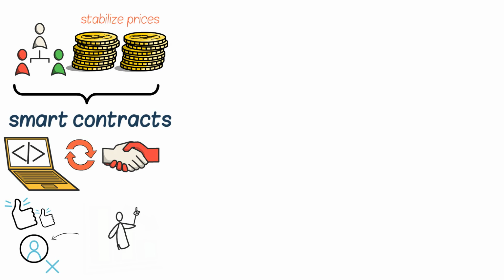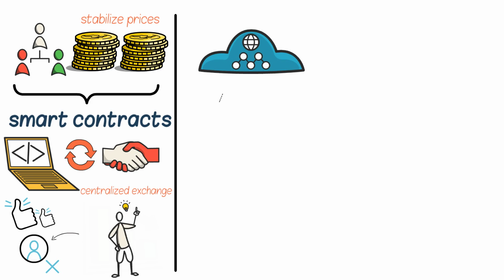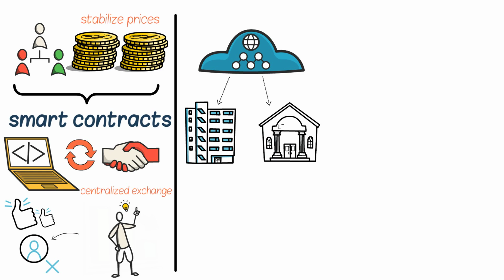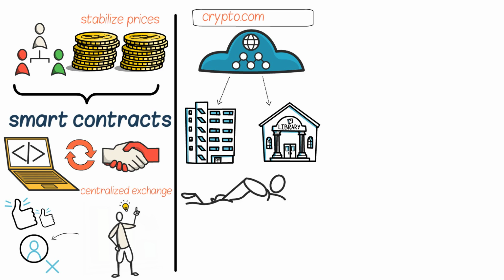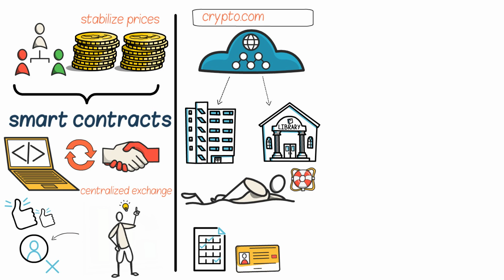You would also want to know about the different types of liquidity pools before you get started. There are a few different types of liquidity pools, but the most common one is called a centralized exchange. These are exchanges that are run by a central authority, like a company or a government. For example, a popular centralized exchange is crypto.com. This would be like if a supervisor was looking after a swimming pool, making sure that everything is safe and clean. These pools will have a lot of rules and regulations. Some will even require you to provide an ID to make sure you aren't laundering money.